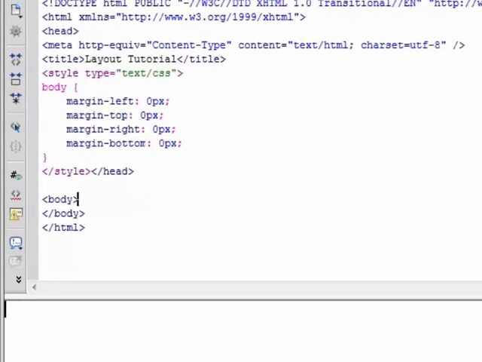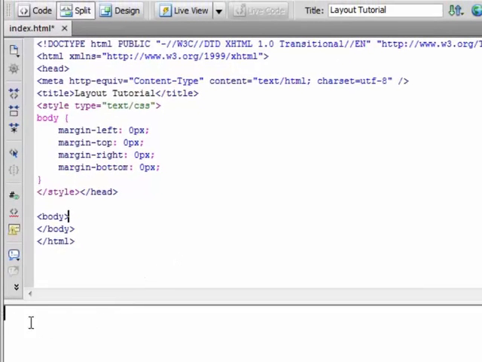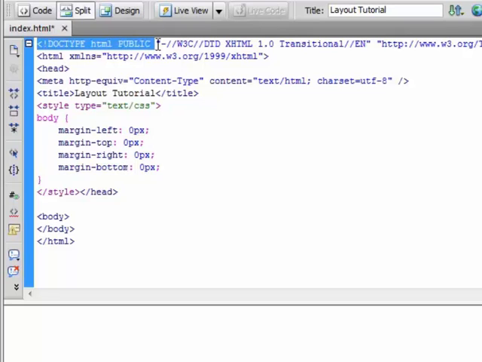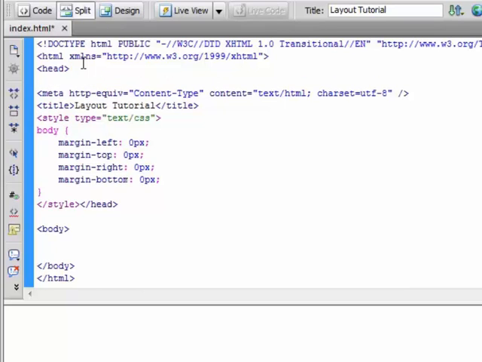Just to give you a brief background, now you can see the cursor is to the left. So I'm just going to explain this. We have a basic doctype, and then we have head tags, and then we have body tags here. I'll be inserting our div tags between the body tags. So to begin, the first thing I'm going to do is call in our external style sheet that we just created. Just underneath my opening head tag, I'm going to